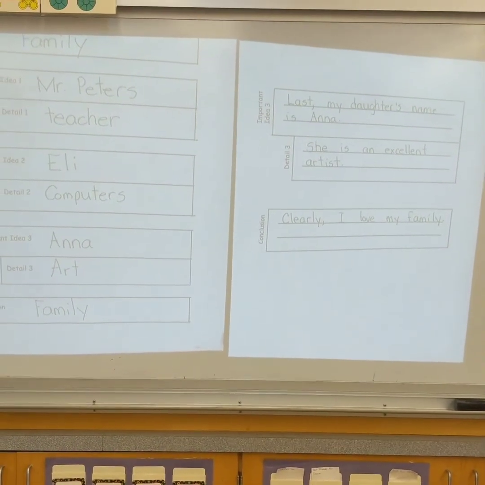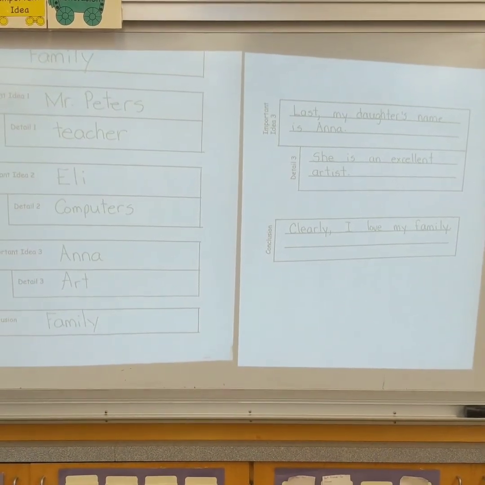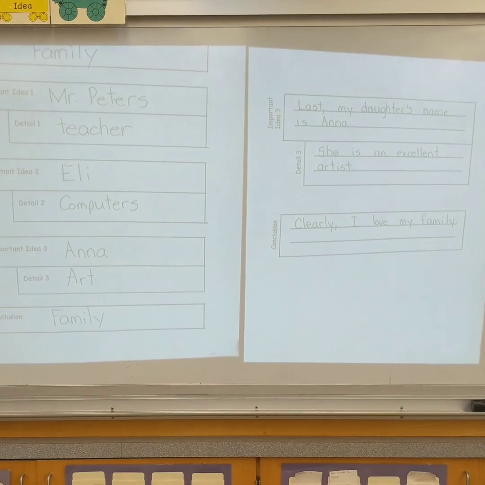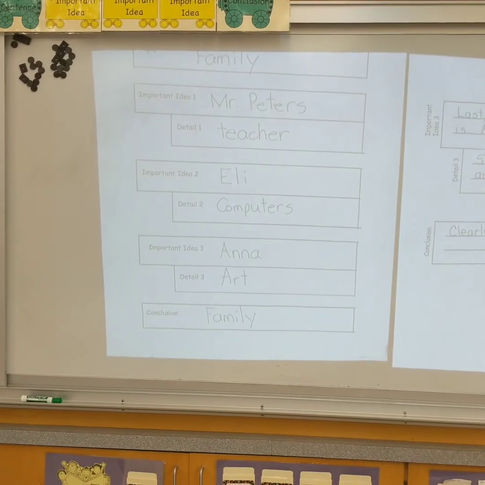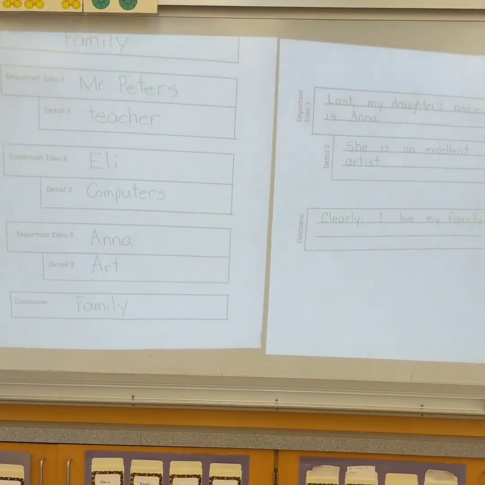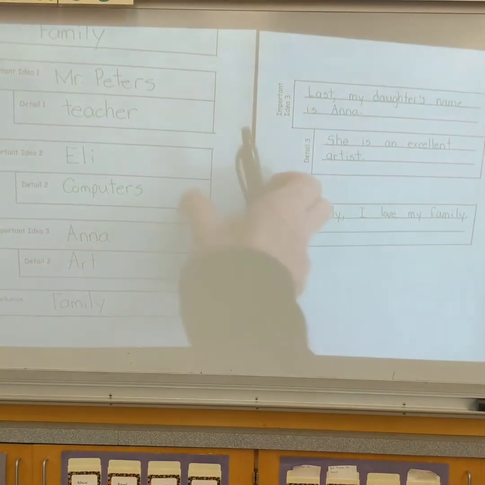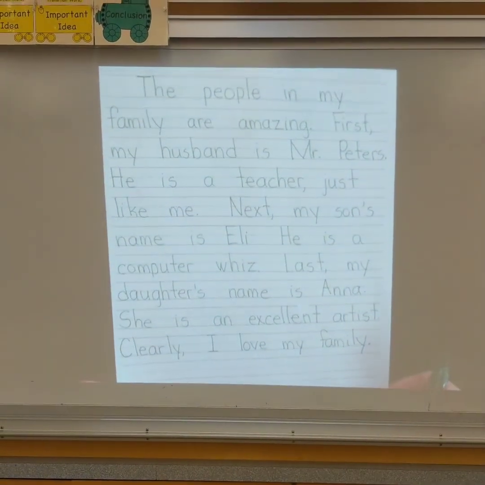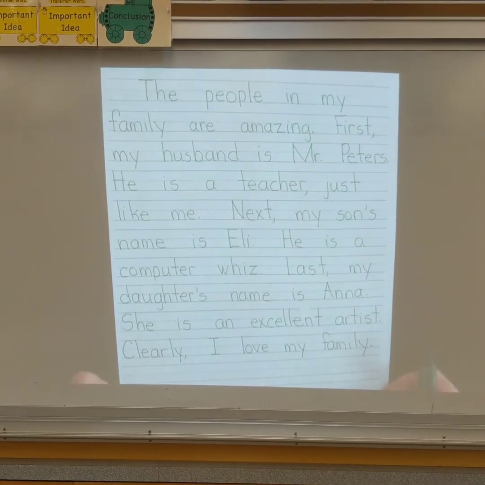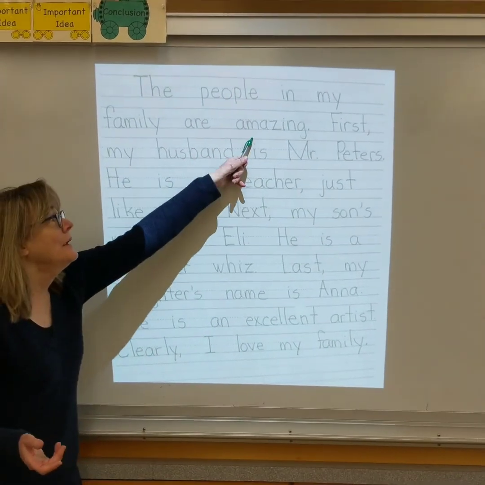Now right now, the sentences are all kind of strung out. It's all the good sentences that can go together to make a paragraph. Now this next step, you don't have to do, but you might want to. What I did was I took all my sentences and I put them all together, one right after another, so it forms an easier to read paragraph.